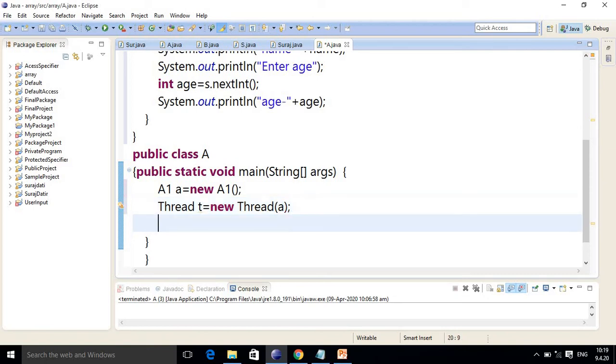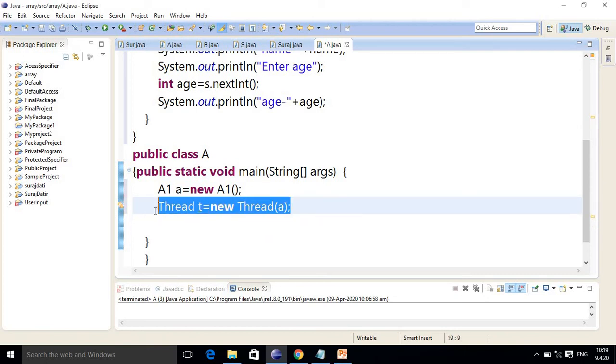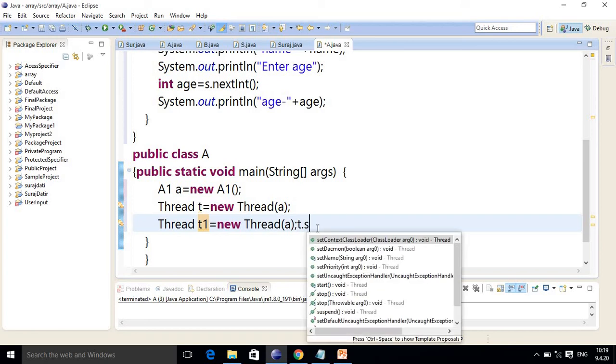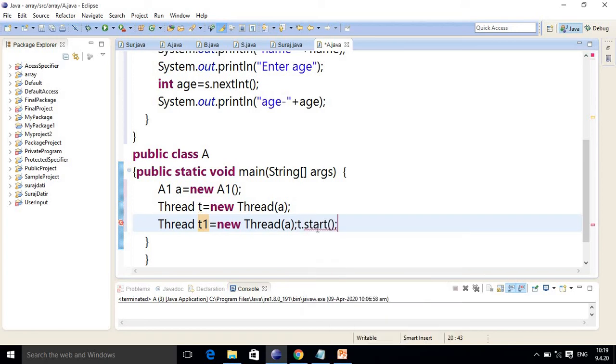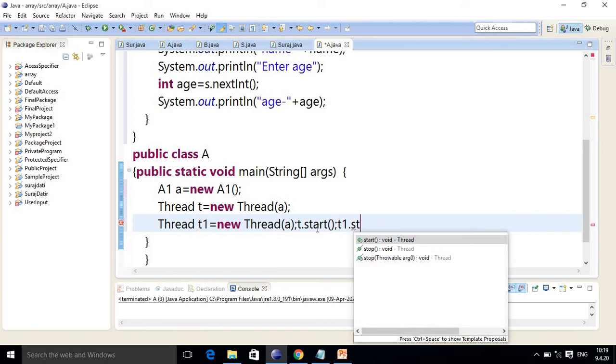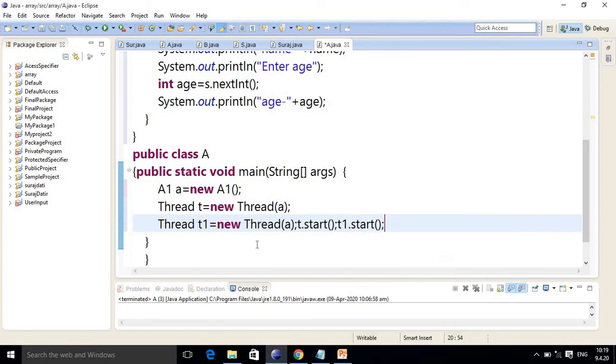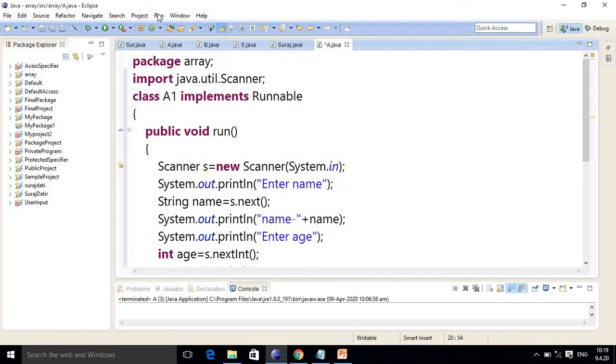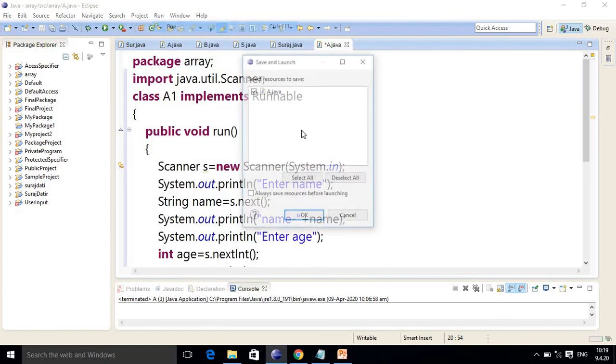Here I am creating two threads, so I just copy this statement. Then finally here I am writing t.start and t1.start. So here we have created two threads, T and T1, and when you run the program they will run simultaneously. We will just check the output.